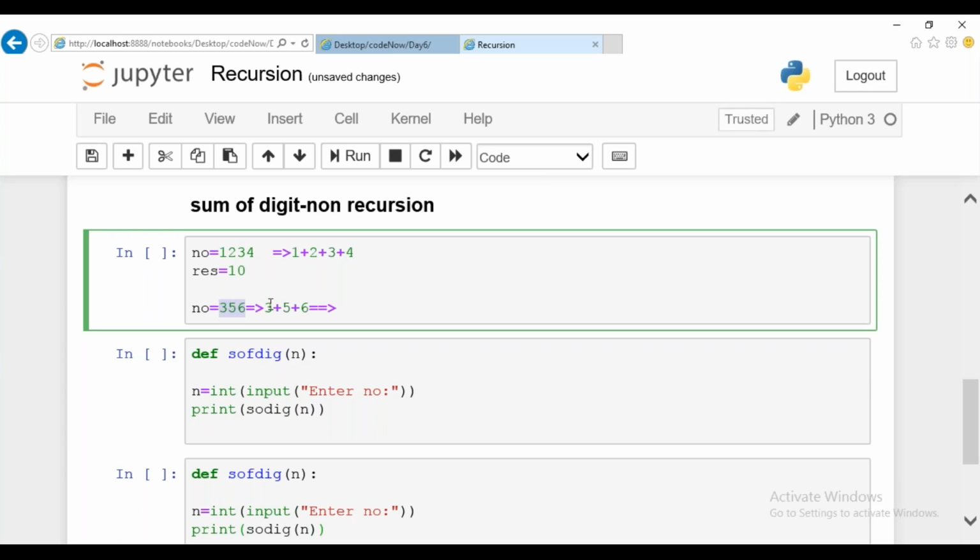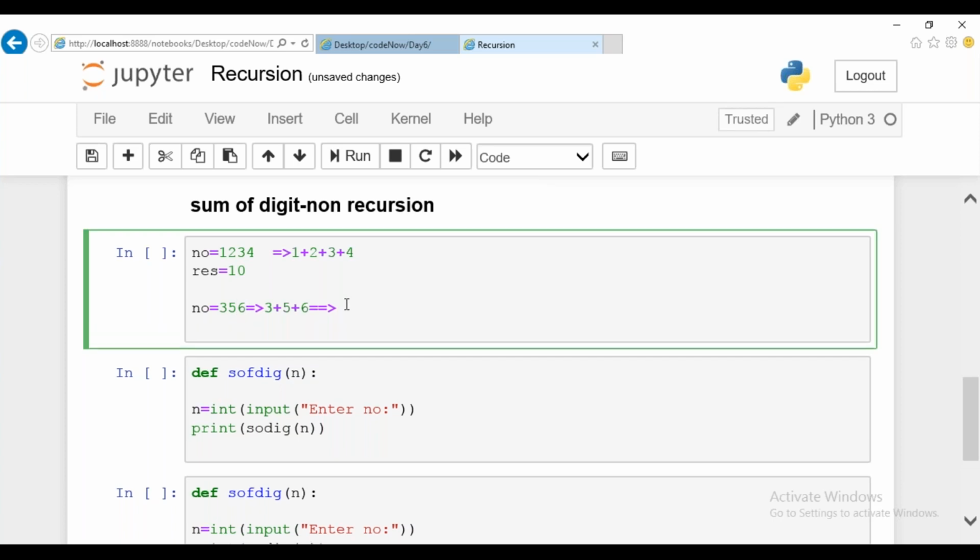So what I'm going to do is take it digit by digit, where the separation can be done from the beginning of the number or from the end. If I want 6 to be taken, I can take 356 modulo 10, which gives me 6.